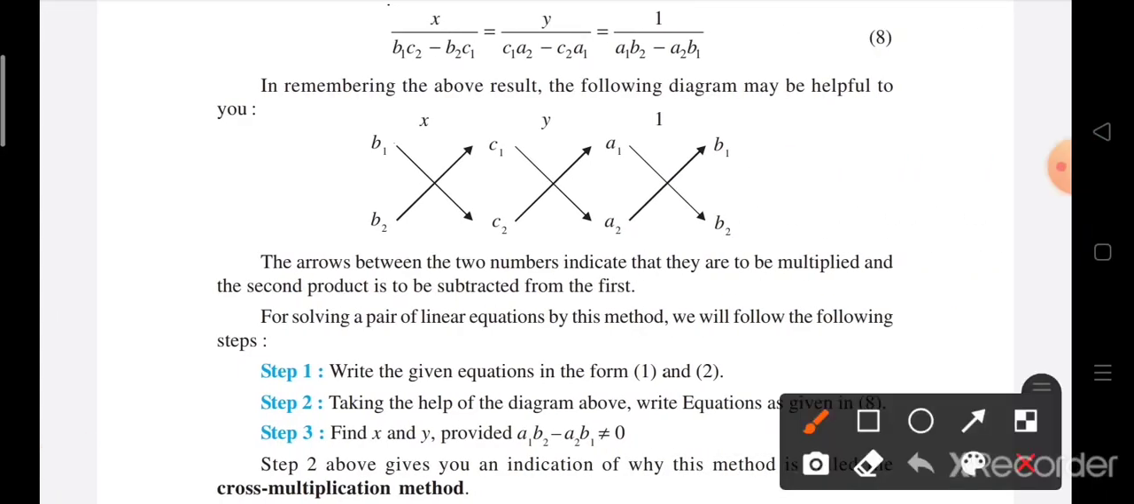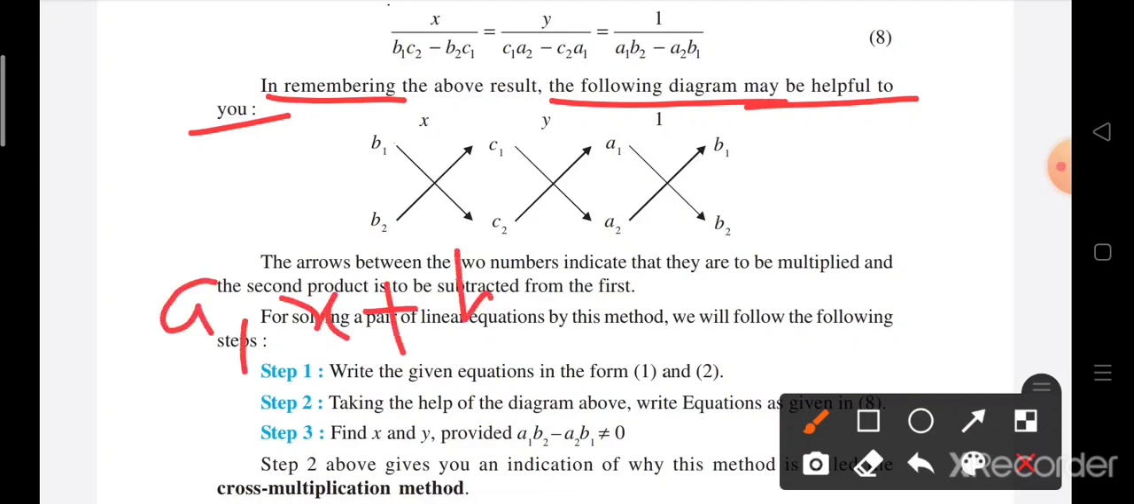In this video, we will continue with the cross multiplication method, which is used directly to solve the pair of linear equations without making any changes in them. It is helpful if we make this diagram. Write the two general equations: a1x plus b1y plus c1 is equal to 0,